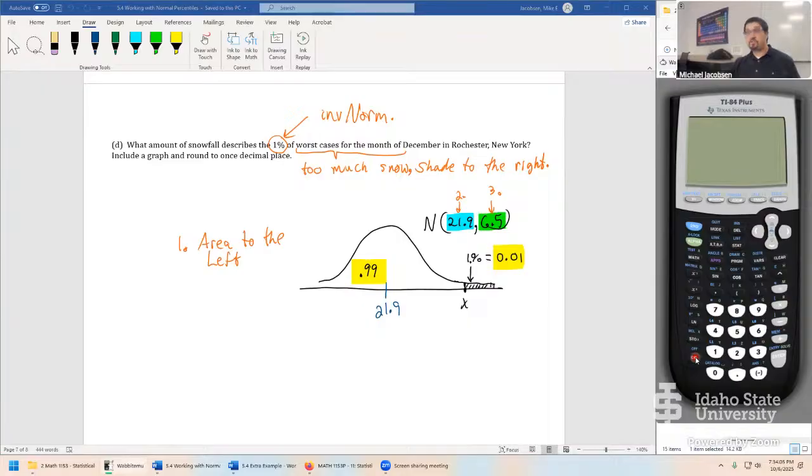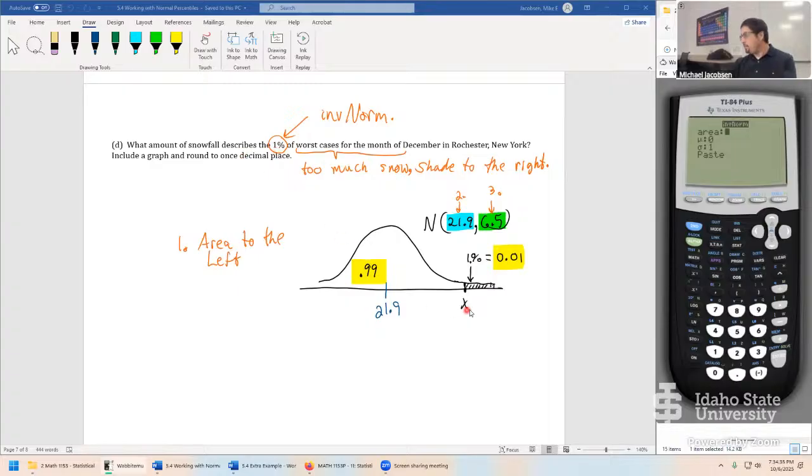So here's how the problem would start off in the calculator. Let's do this first incorrectly because it's really easy to do, especially on the base model of the TI-84 Plus. It's good to know when it comes out just wrong, and this is what the work would look like. Very first thing you punch into the calculator is the second button, and then the vars key to pull up your distributions. We're going down to inverse norm, so go down to option 3, hit enter, and because 1% came